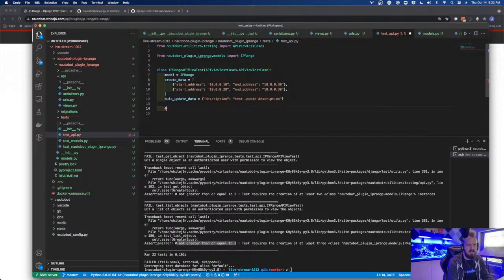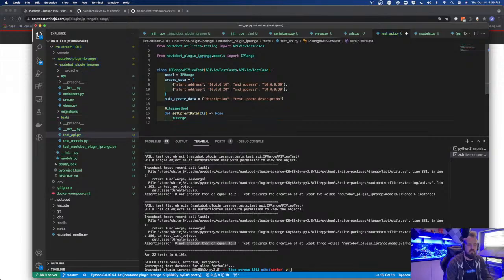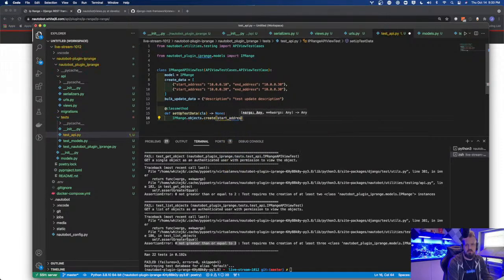So we need to add a class method. We're just going to do a decorator class method, and we'll do a def setUpTestData. Oh, that's fine. We don't necessarily need the super. And we're going to do IPRange.objects.create and start as equals 192.168.0.0